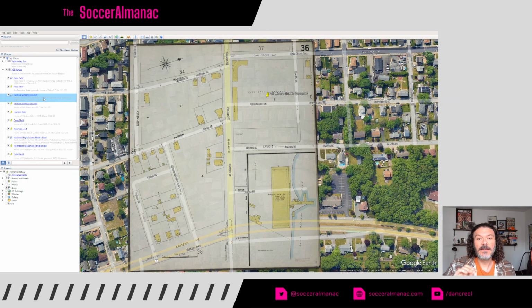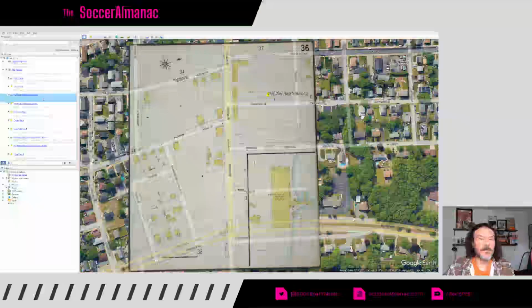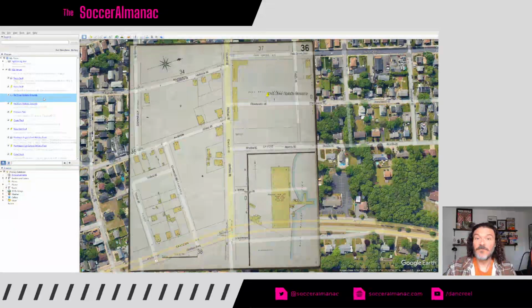So it was, again, like a lot of these places, mainly baseball grounds, but soccer was played there on a regular basis. Fall River, like I said, is a hotbed for soccer at this time period, through the middle part or later part of the 20th century. It really is a soccer city, especially when we get to the Marksmen in a little bit. The biggest, most important soccer team at this point in time in Fall River was the Fall River Rovers.